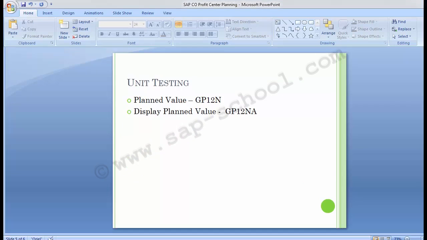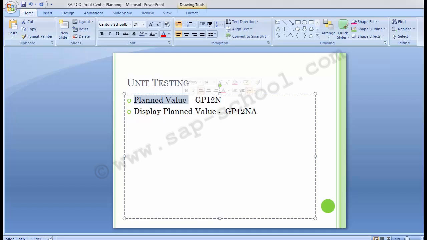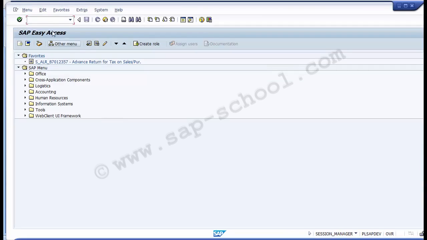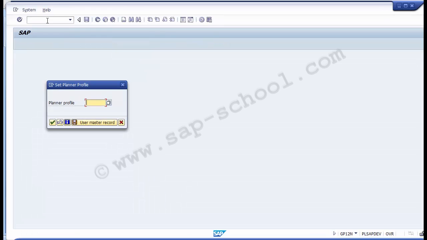So moving on next is how we can maintain value for profit center with the GL account in the SAP system. The very first part is the transaction. For the planned value, the transaction code is GP12N. So moving on to the SAP system, we can execute the transaction GP12N, enter, and as you enter, a new pop-up screen is generated, as you can see, and that asks you